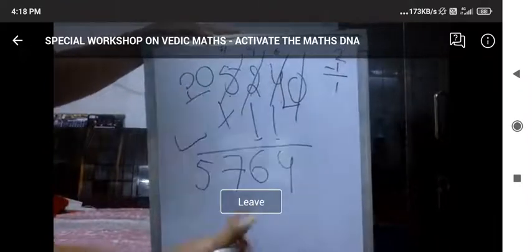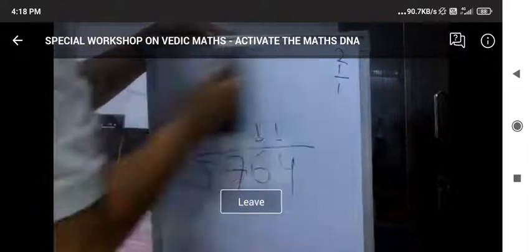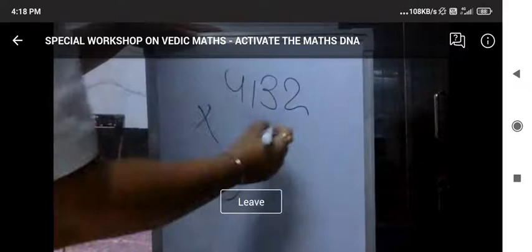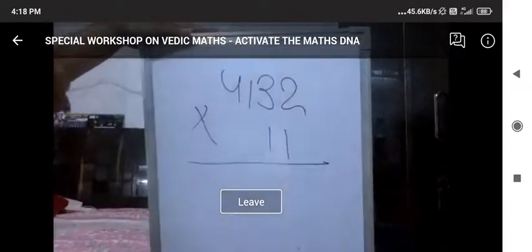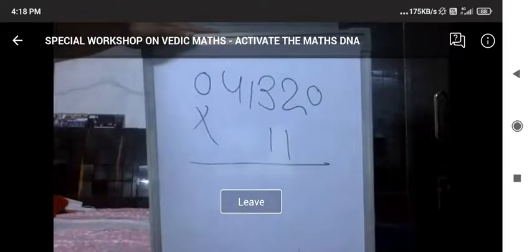Okay. Those who did not understand might be the case, who could not understand my language. I'll repeat the same trick with another number. So for those who are able to understand it, just quickly write the other question and try solving it. And I want you to solve before me, before I can complete my calculation. 4132 to be multiplied by 11. Right. How many zeros on both the sides? 1 zero.